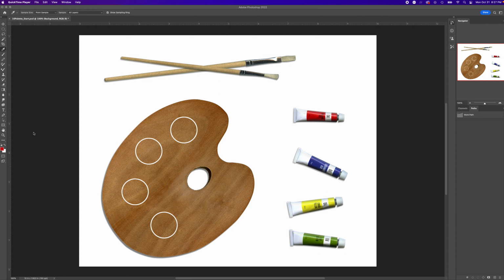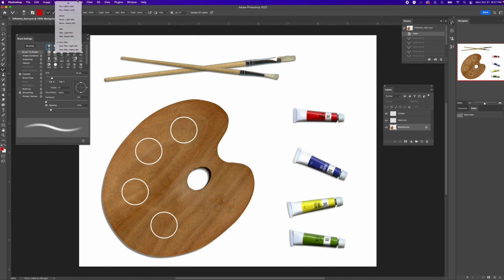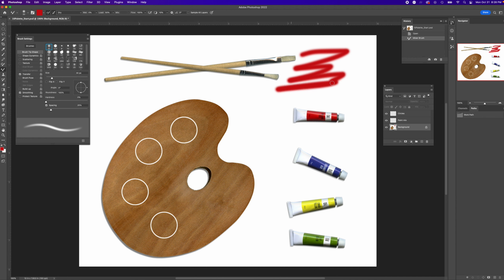Now we're going to mix some paint. We already selected the red, and then we chose the mixer brush, and we chose the 30 brush, and then on top, we're going to choose dry, and right above we brush away using the dry. And then